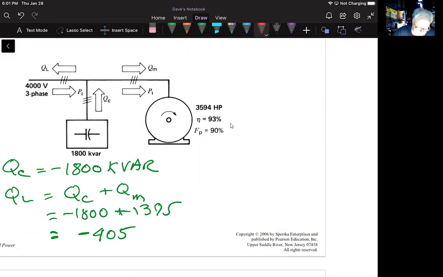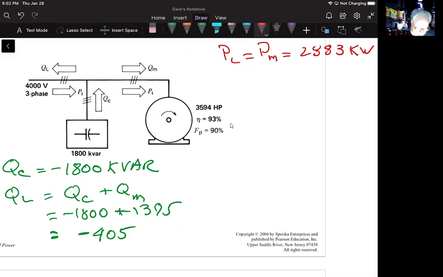The active power supplied by the line is only that which is going to the motor, and we have discovered that that was 2883. The motor isn't 100% efficient, we know that. So ultimately the output is less than the input, but it's still 93% efficient. But anyway, what we're talking about is